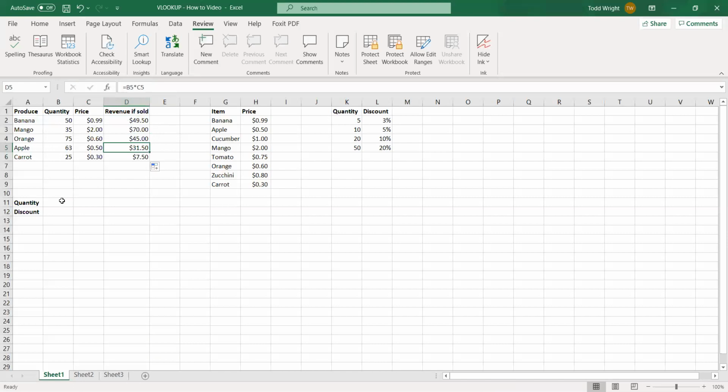Now that's if you want an exact match. Now let's say, again, you don't always want an exact match. There are some occasions where you would want an approximate match. So, let's say I was trying to determine a discount for a product. Not everybody's always going to buy an exact number of 5, 10, 15, 20, etc. And so if I start another VLOOKUP here,